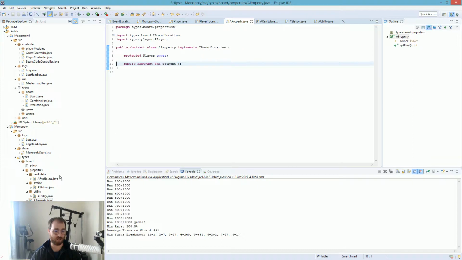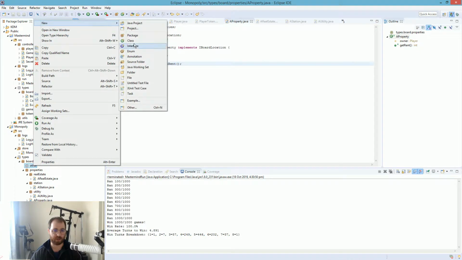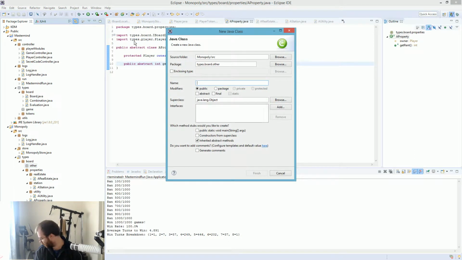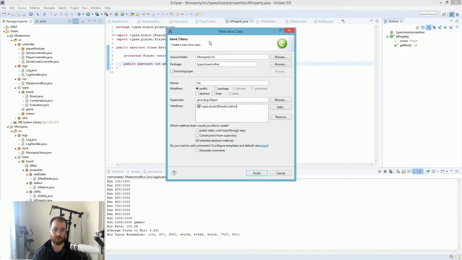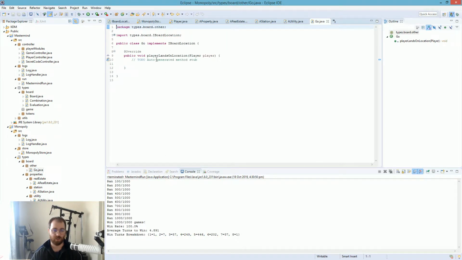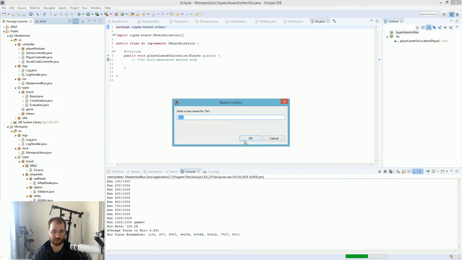And these are all abstract classes. I haven't created a single concrete class yet. So maybe let's create some classes here. Let's just create some classes. So go, yep, which implements IBoardLocation. That's nice, so that automatically does that. So we're going to copy and paste jail. I'm going to copy and paste